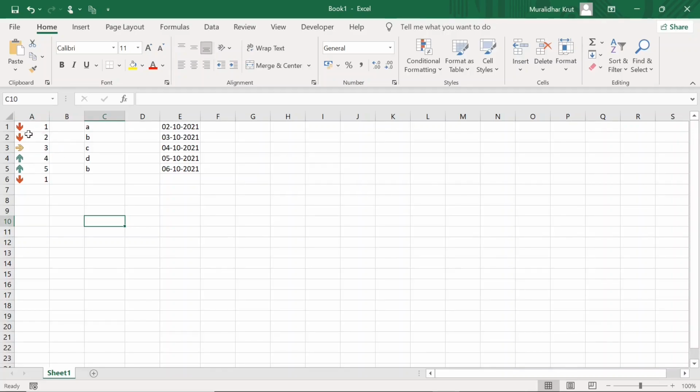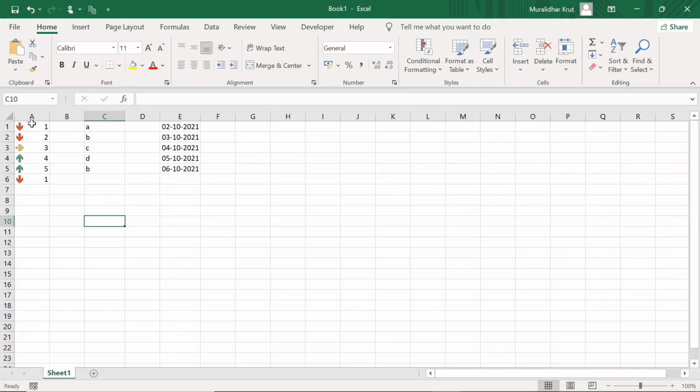So it has calculated based on some average that these two are decreasing, this is the average, and these two are increasing, and again 1 is decreasing. If you have a lot of data, then you can understand how the data is performing.